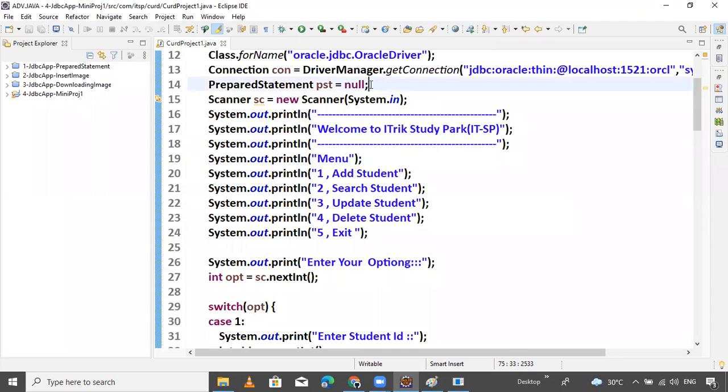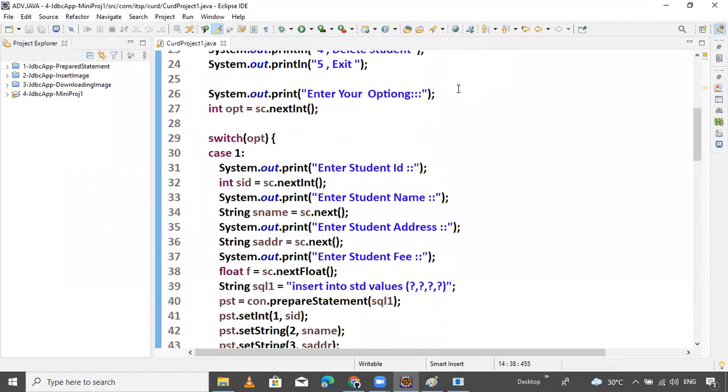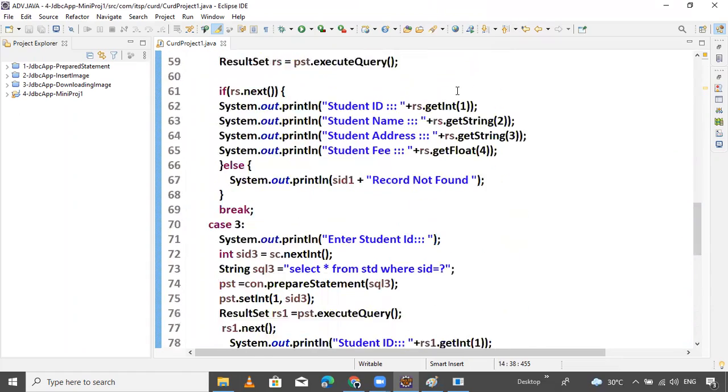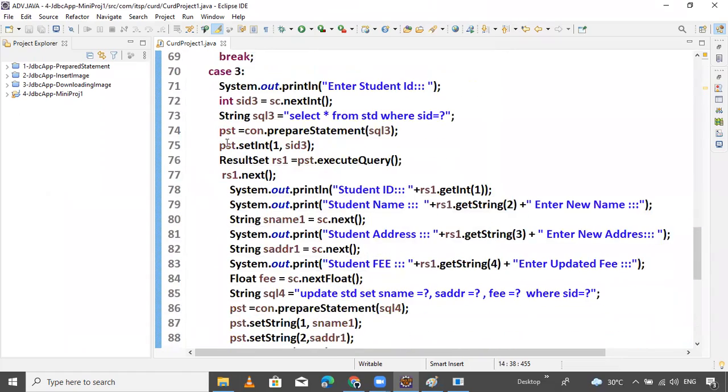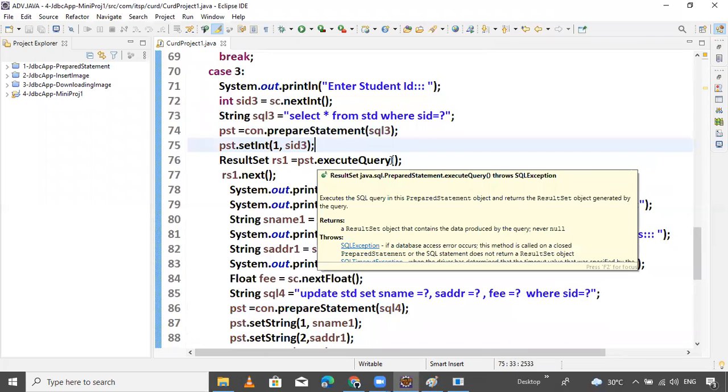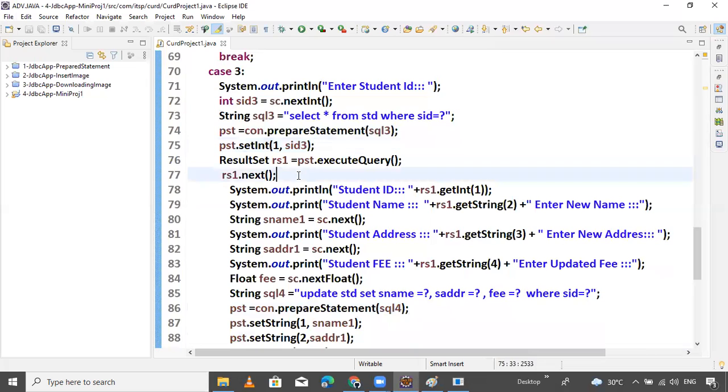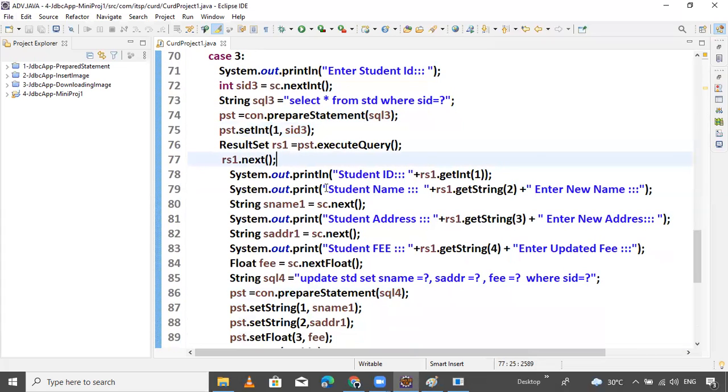Where is it prepared? Locally or globally we declared. Is 3. Good. And the PST dot executeQuery method is there. RS dot next.